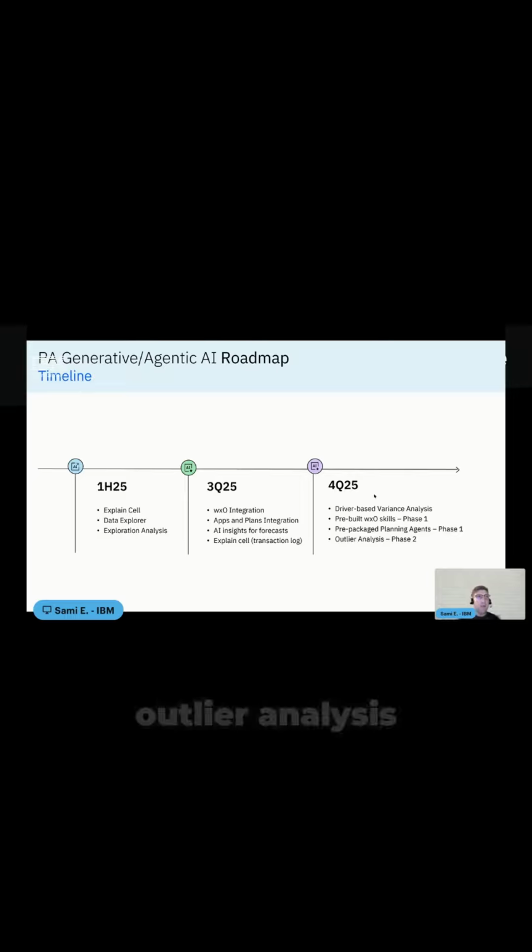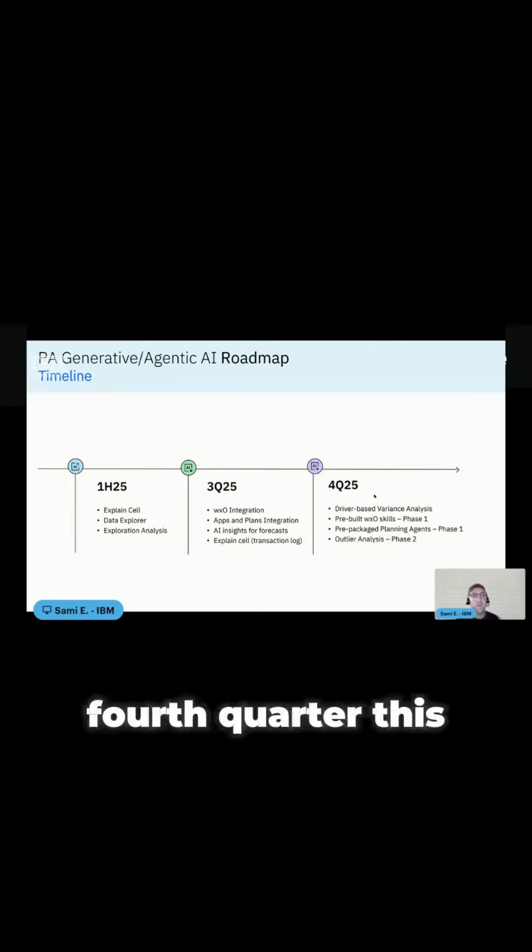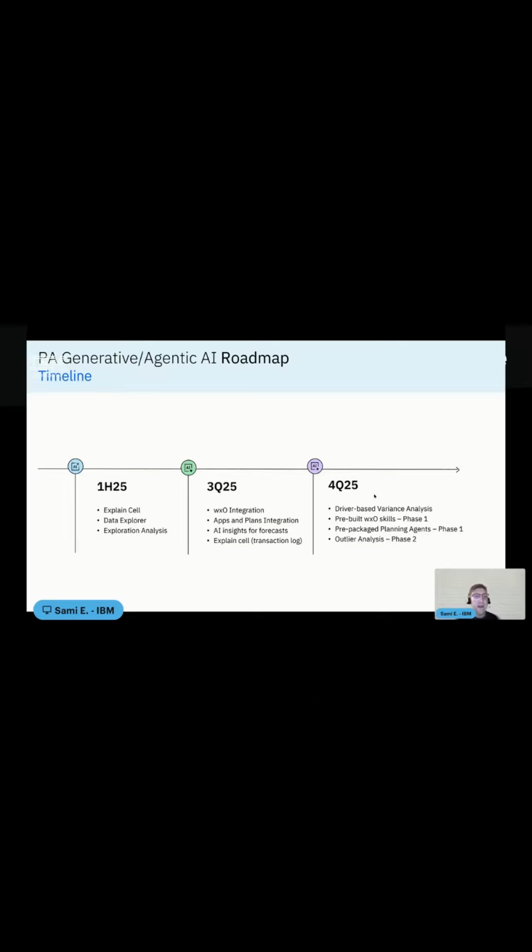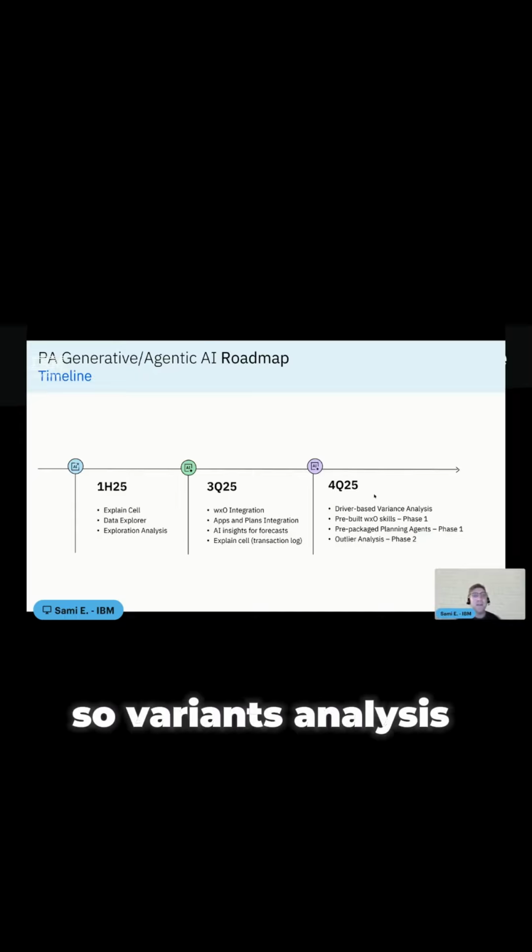And of course, there's the outlier analysis phase 2 that I talked about in terms of the overall view, as well as the bring your own outlier criteria. And then my favorite feature for the PA Assistant is variance analysis that's coming up in the fourth quarter this year. This is the one I'm looking forward to the most in the second half. And it's the one I've been waiting for a little while. So variance analysis, as I'm sure you all know, is basically a calculation